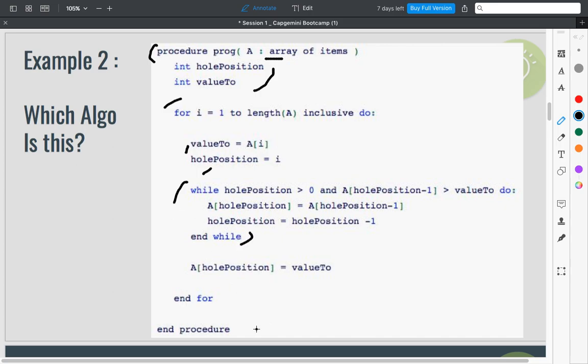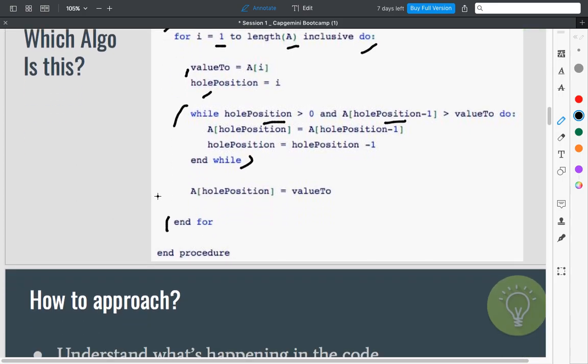Okay, so you have to understand this is also another sorting algorithm where we are trying to explain the logic using only common English words. What it is doing: it is running from i equals 1 to the length, including do. It's a do while, or you can say in any other language, it is a do while within it. Okay, if it is greater than 0 or greater than 1, so this is doing some search. So this is the logic for insertion sort. Okay, this is insertion sort.